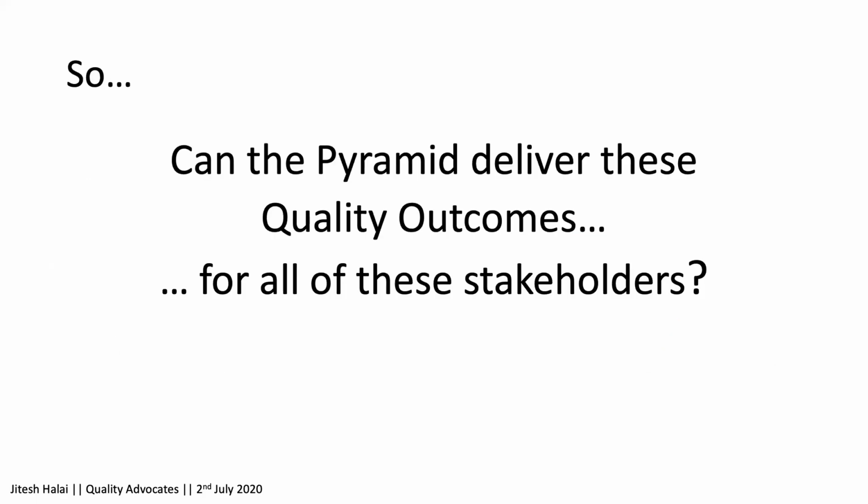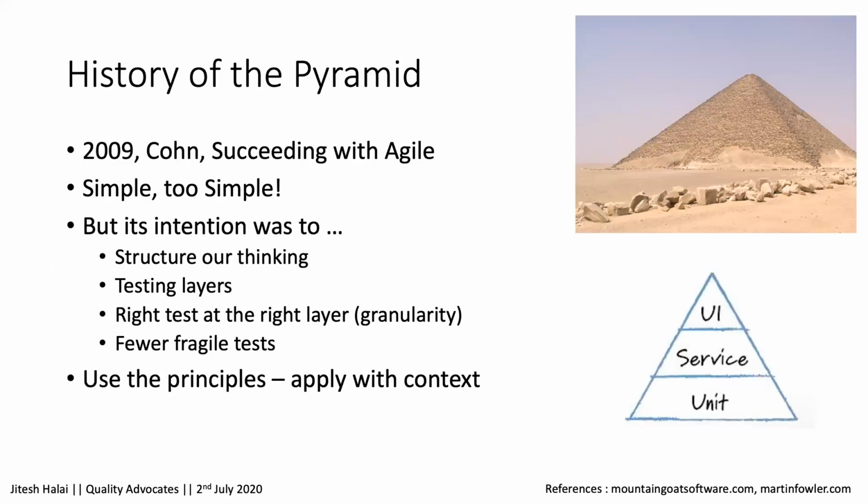So, okay, we've got a number of stakeholders. They want different things out of the pyramid, and how do we achieve that? So let me move on to talking more about the pyramid. Now, you may know that this term was first coined by Mike Cohn in 2009 in his book Succeeding with Agile, and of course it's not a pyramid; it's a triangle, and we can have a debate about that as well. But in essence, he defined this as a pyramid, and in the simplest terms, he described it